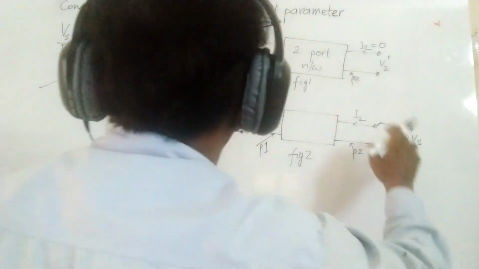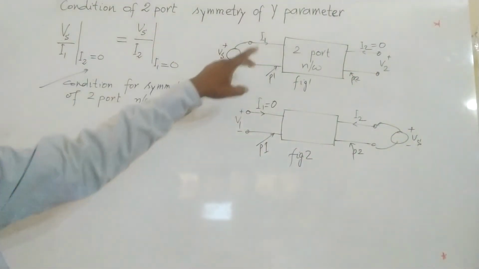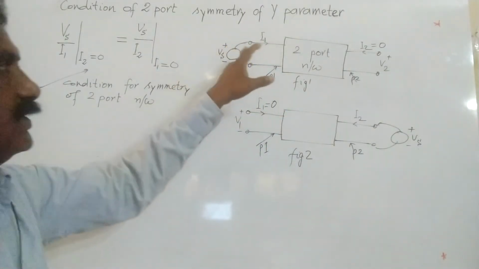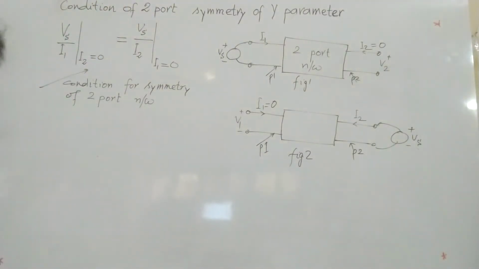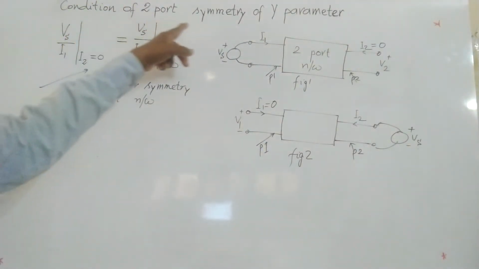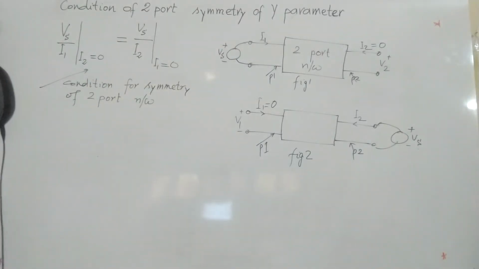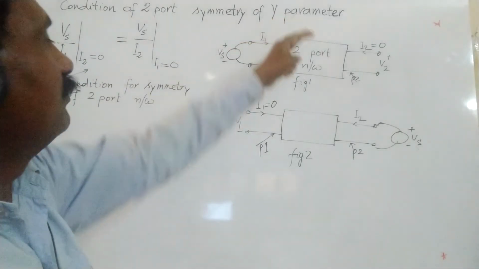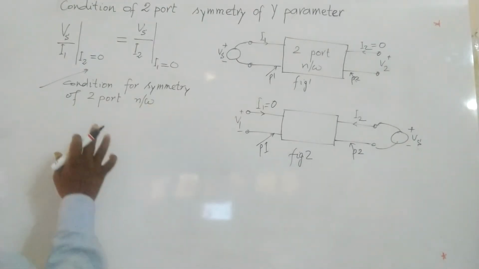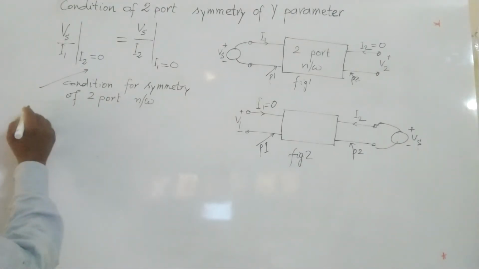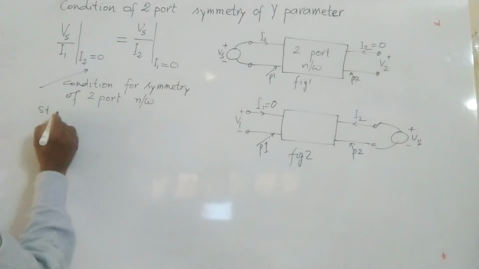This is the condition for these same two-port networks with the same voltage source. If we are interested in finding the condition of symmetry for the y-parameter, then we will find the value of this and make them equal for the two-port network, y-parameter. Then let us take the standard